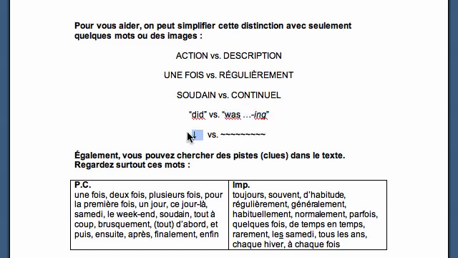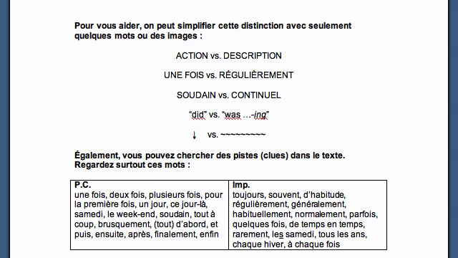This little symbol right here, I clap my hands and I say, une fois, je suis allée à la plage. That's passé composé, versus j'étais à la plage et je n'étais pas contente parce qu'il pleuvait. These are all your descriptive words, so that's your imparfait. These are words here in this box that I want you to make sure you know what they all mean. These are indicator words for the passé composé, and these are indicator words for the imparfait, things that will help you recognize in a text whether it's going to be imparfait or passé composé, and feel free to use them in your speaking and writing as well.